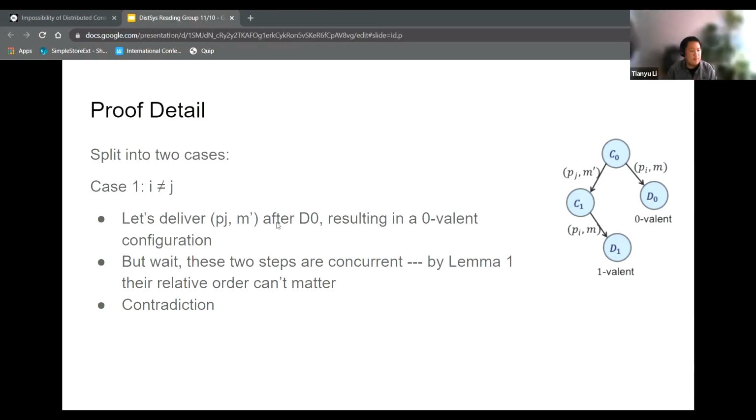So let's deliver sort of the same message here, right? The message that resulted us from going C0 to C1 to D0. This is obviously allowed because they are concurrent, as you can see here. And wait, these two steps are actually sort of by lemma 1 interchangeable with each other, right? So there shouldn't be any difference if I send this first versus that first, because they happen on two